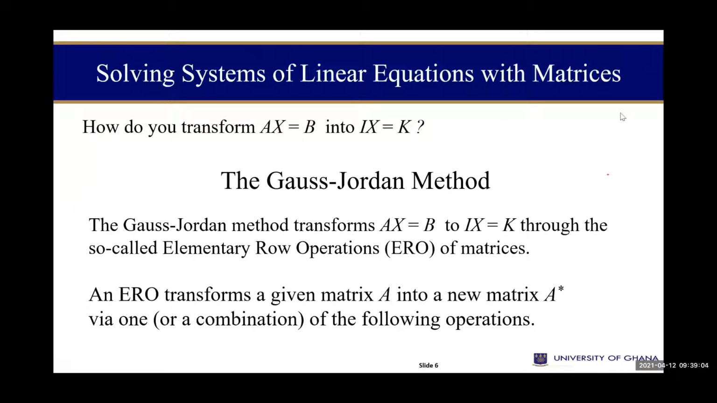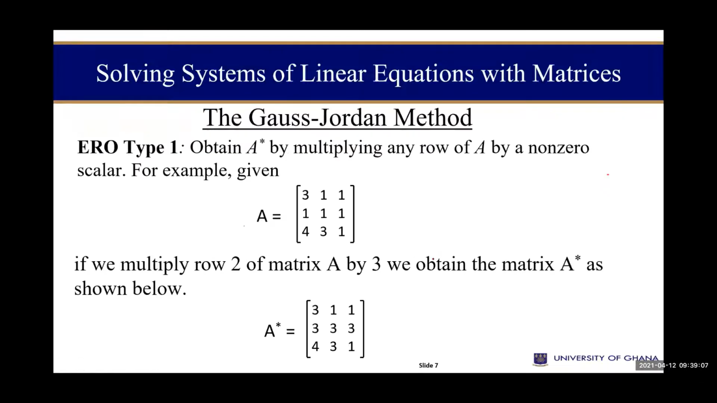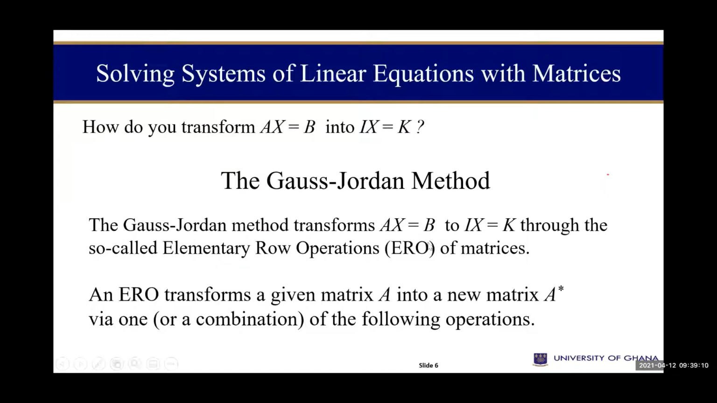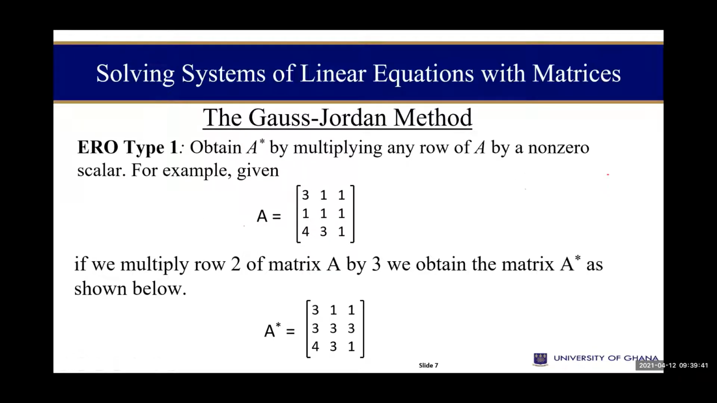So how do we do the Gauss-Jordan method? We have elementary row operations, and by that, we say that it is ERO, the ERO of what? The matrices that we want to transform into a matrix and find a solution to the decision variables that we have. So an ERO transforms a given matrix A into a new matrix called A star via one or more combinations of the following operations. And we are going to go through the operations in order to help us to remember